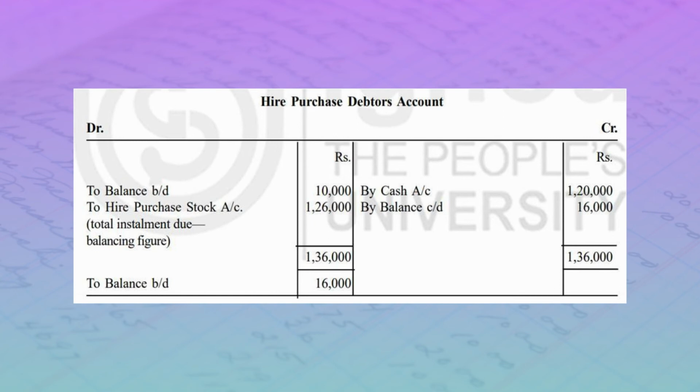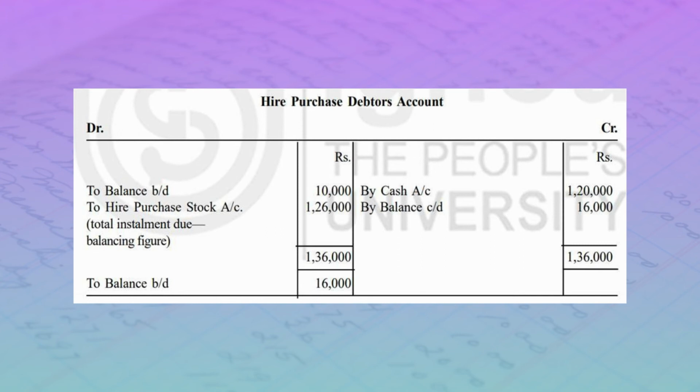Here, by cash 1,22,000, it is also given. Cash received 1,20,000, it is given. By balance c/d, so the debtors closing balance is also given to us, 16,000. Closing balance 16,000. Total is 1,36,000. Out of 1,36,000, if we subtract the opening balance of rupees 10,000, this is the balancing figure of